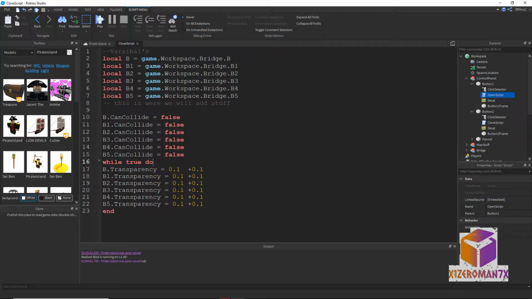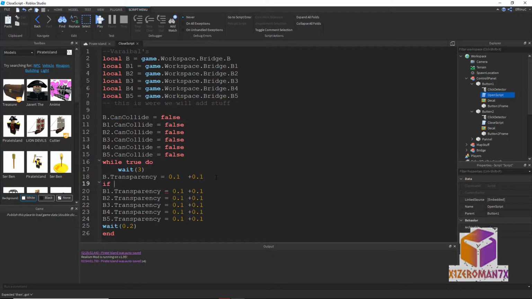But make sure you also have a wait in between your while true, otherwise your Roblox will just freeze and it's not a very pleasant experience, that's for sure. I'm just going to do that because I kind of like that time. So that'll be fine. And then what we're going to do is if b.transparency is equal to 1,